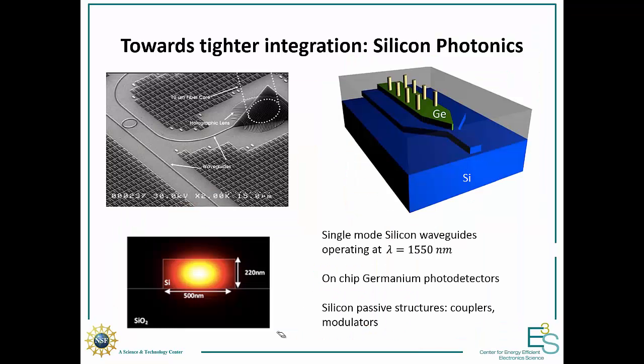So tighter integration, I talked about it earlier. We don't want all those wires. So silicon photonics is a promising solution. So what is it exactly? Well, we use a standard CMOS technology, and instead of building transistors on the chip, we're going to build